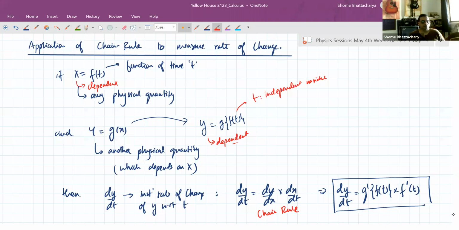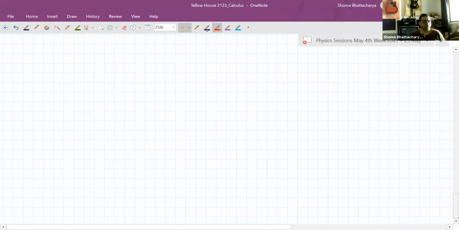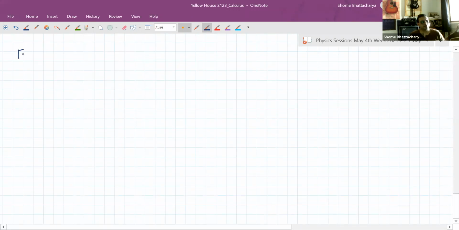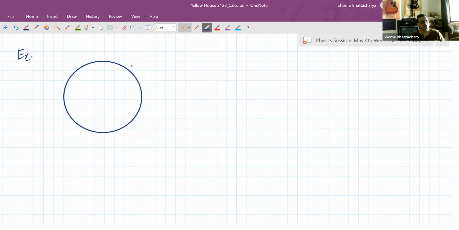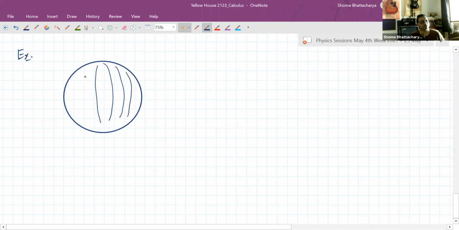Okay. So we had seen an example or two of this type of application also earlier, but let's take a fresh one today. So we have this kind of situation now. Suppose we have a solid metallic sphere and we are heating it very slowly. So accordingly, the dimensions of this sphere are increasing. So all the physical or the geometrical dimensions like radius, diameter, surface area, all these are changing with time. So this is a solid metallic sphere